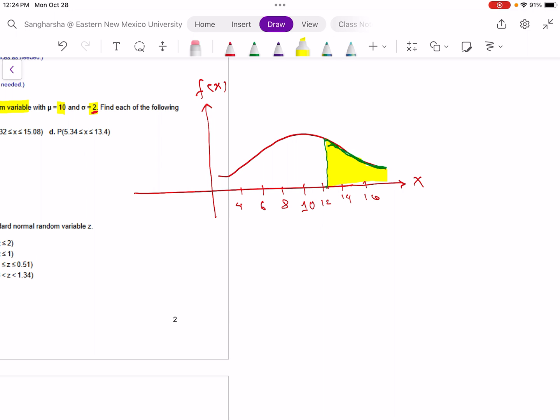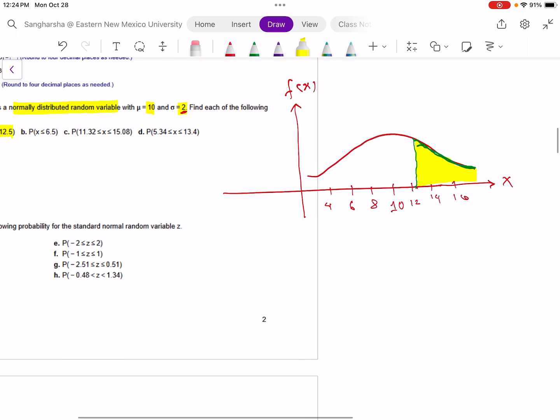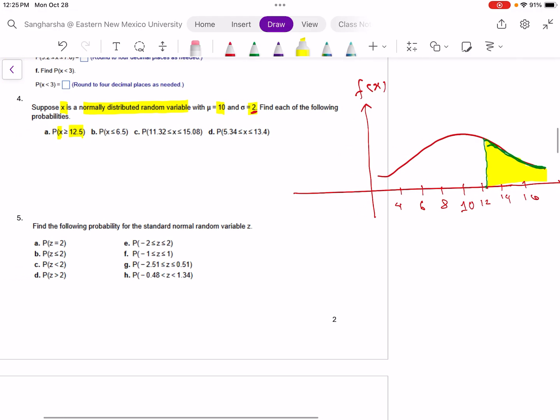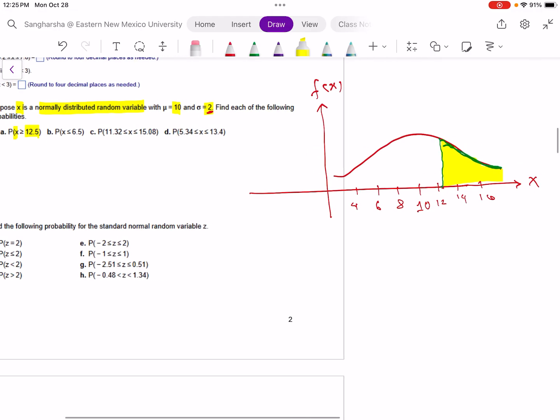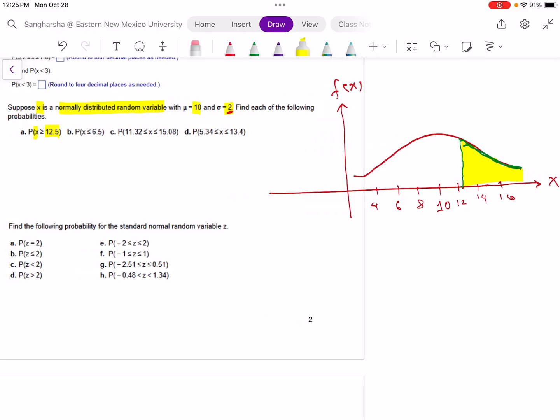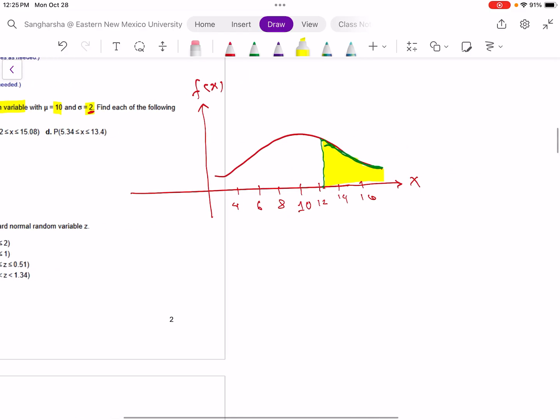Now here, it gave us 12.5. So if you have a normal probability distribution, we'll be using the Z table. Okay, and you'll have the Z table. Now, in order to use the Z table,